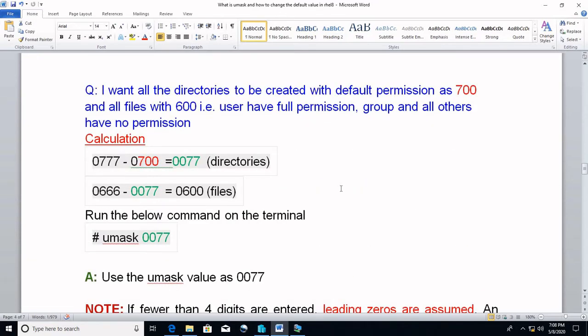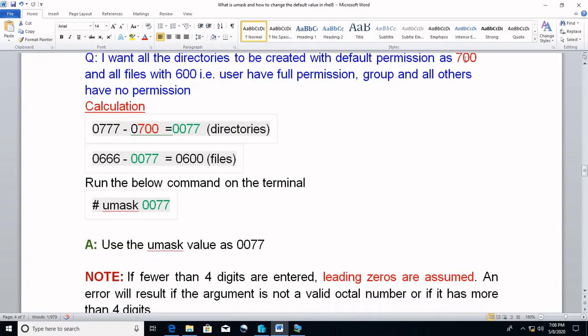One more example. I want all the directories to be created with the default permission 700, that is, only the owner has permission and the group and others do not. We know 777 is the maximum value, and you deduct the required permission, then you get the umask.